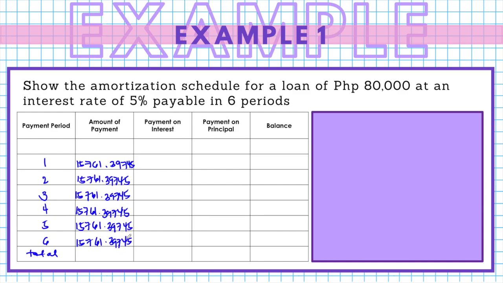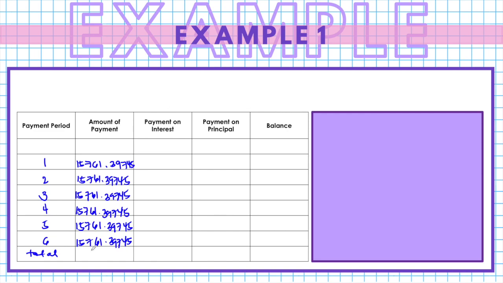And then after that we have filled this in, the column of the amount of payment, we can add this all up to get a total amount of payment. So the sum would be 94,568.3847. So now that we have filled in the first two columns, let us proceed to filling out the rest